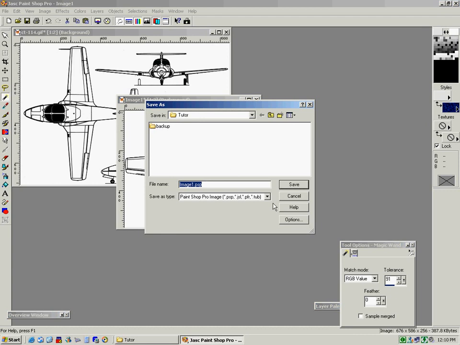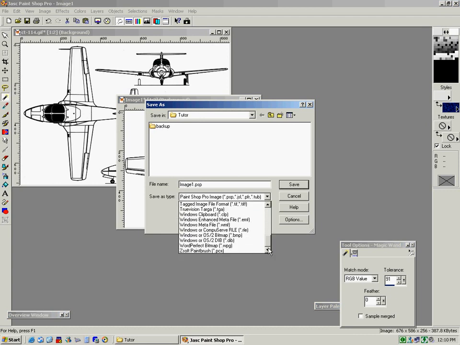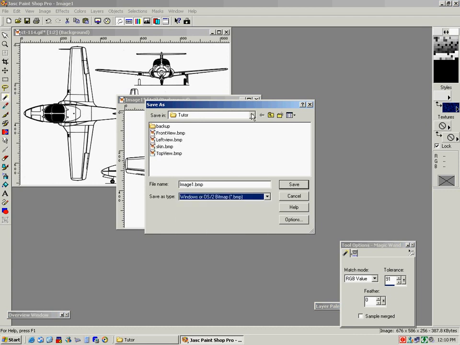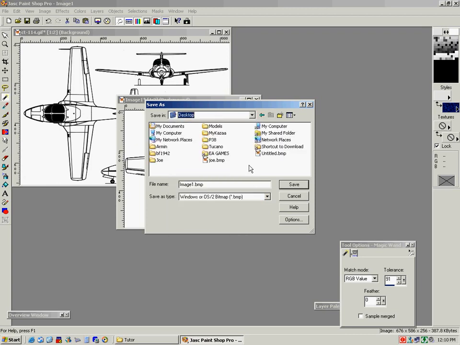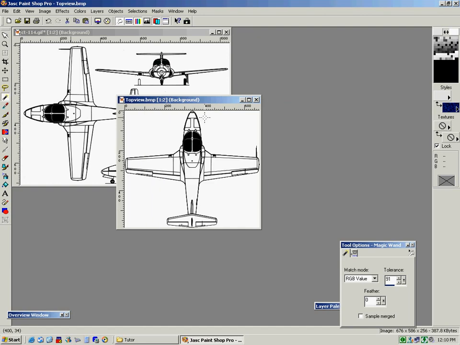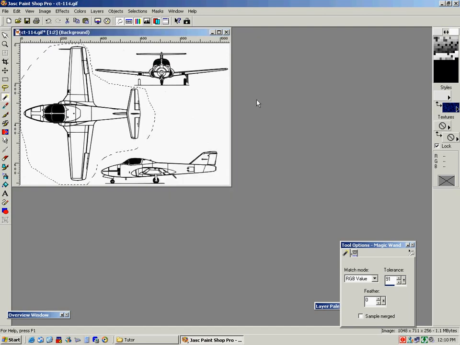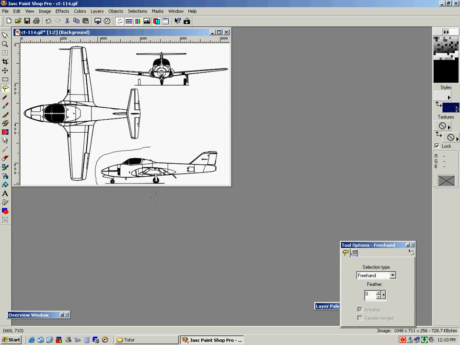So we go save, and we will go to bitmap, which is what I always save mine as. I'm just going to save them on the desktop for now. Top view and save. That's that one done. Then we would basically repeat that process with the others. So we're going to do the side,